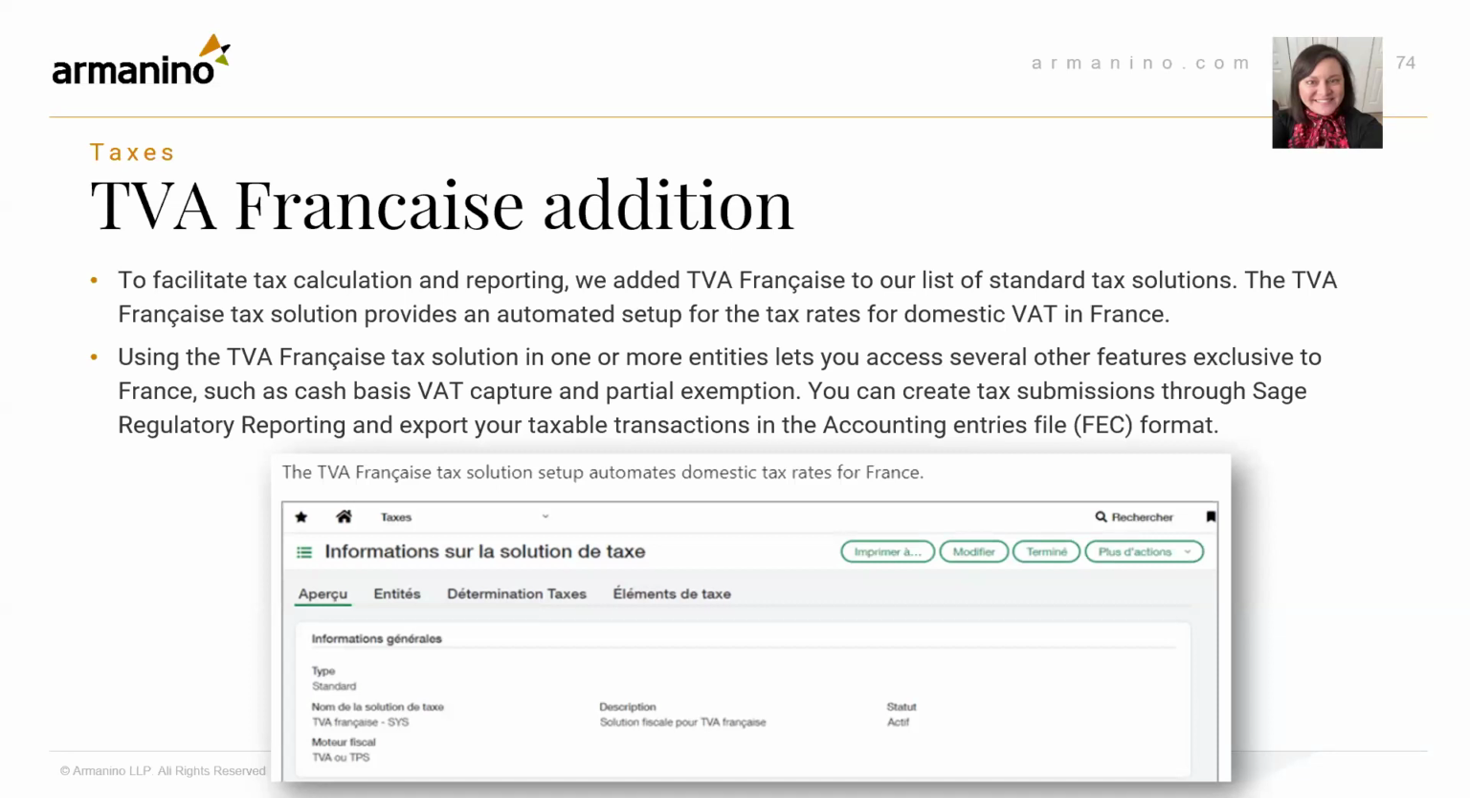You can also create tax submissions through Sage regulatory reporting and export your taxable transactions in the accounting entries file